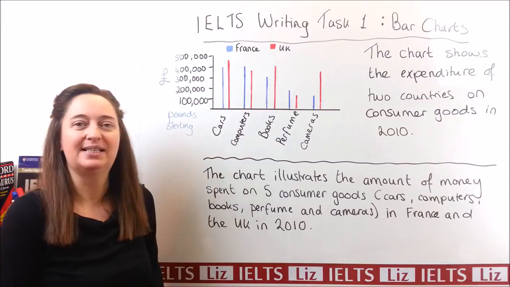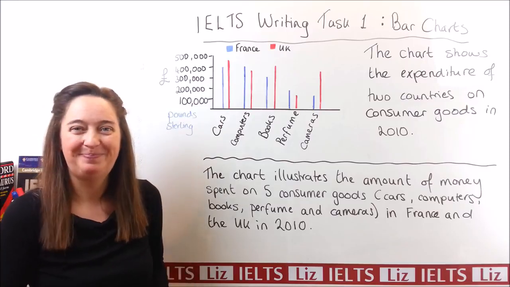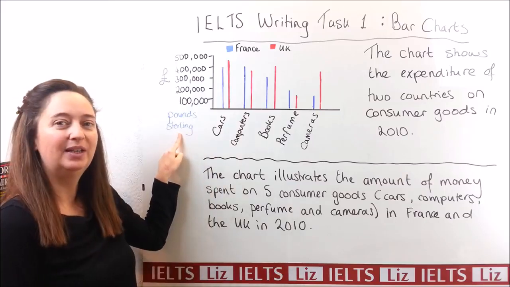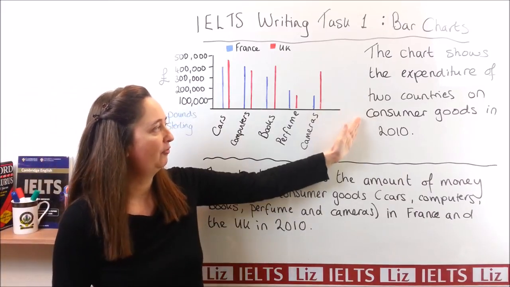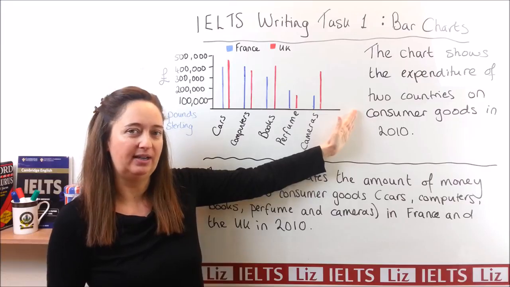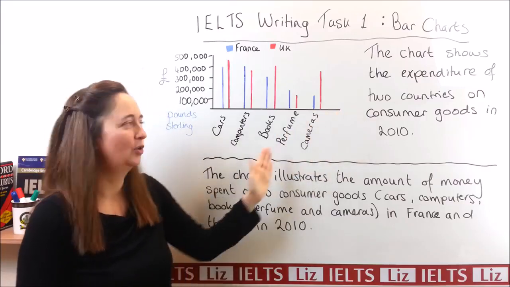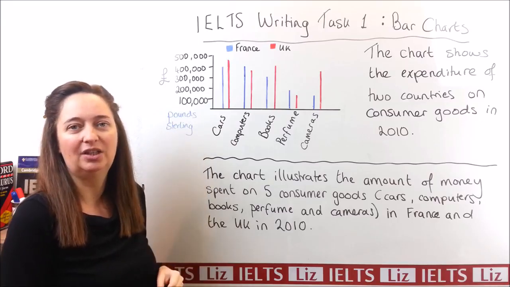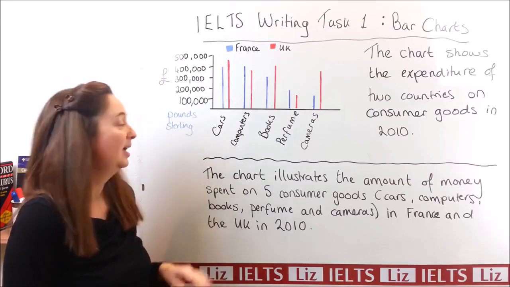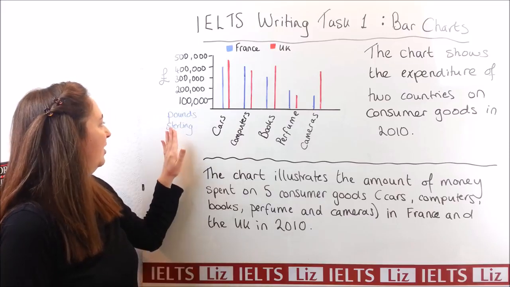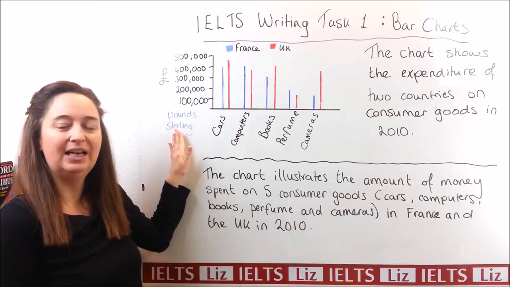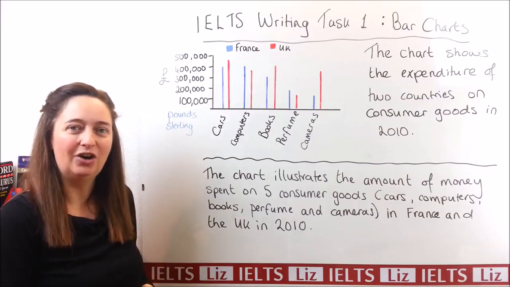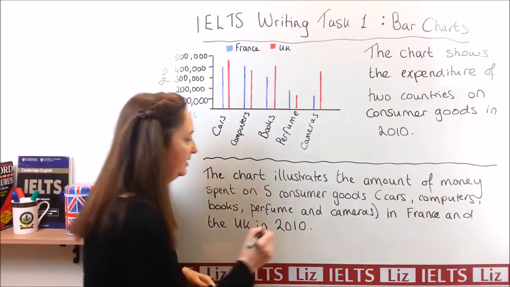Is there anything missing? Yes. You can see down the side here that we've got some extra information. So, of course, we want to paraphrase the information given by IELTS, but we also want to look at the chart to see if there is any other information that we want to introduce. And of course, here we've got that all money is measured in pounds sterling. So we need to write that in our introduction. And we can write